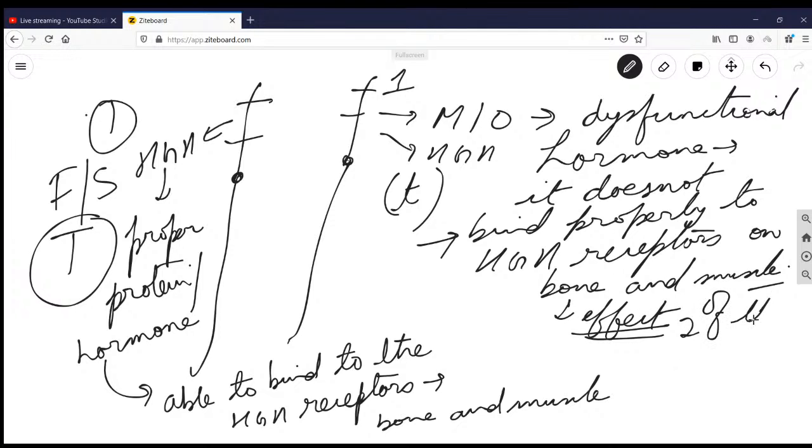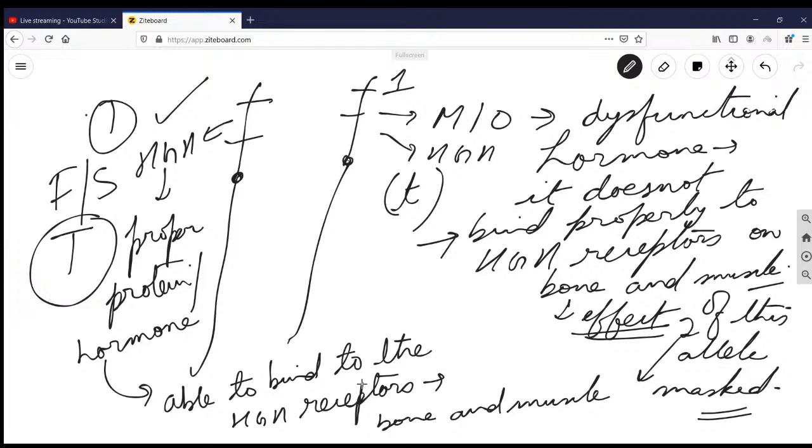is masked, completely masked. Because when this specific protein coded by this specific allele binds to the receptors present on bone and muscle, the HGH receptors, human growth hormone receptors, you see a specific type of growth. That means you see an appreciable amount of growth, which makes the person tall, even if he is carrying one of the homologous chromosomes with the HGH recessive allele, still he or she will not be a dwarf,